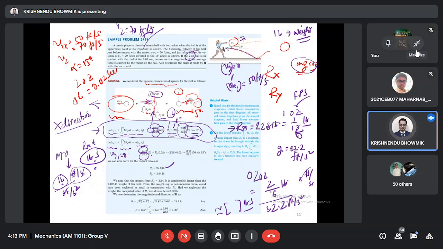So initially we have velocity 0, then Ry delta t minus mg multiplied by t. But as I told, we want in terms of pound only, so for mg we are not multiplying with g. So it is 2 by 16 divided by time. You have to be careful. This one we are considering. Why, I will tell you. So then we will get it equal to the final velocity, and Ry will be